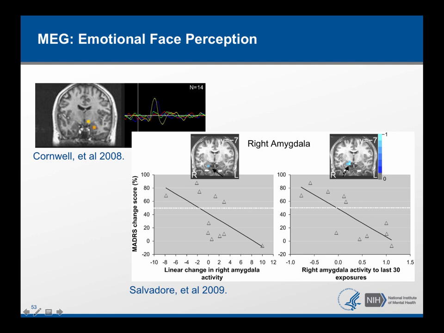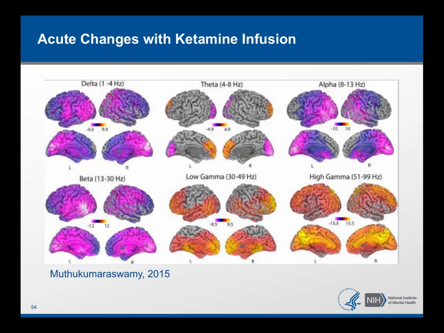So that's one of the strengths of MEG: we can actually look at electrophysiological activity, but combine it with looking at structures such as the amygdala and subgenual cingulate that we know to be involved in depression. There have also been some nice studies looking at acute changes in brain function with ketamine infusion. In this study, the infusions were actually done in the MEG scanner, and so this is during the infusion. There are robust and widespread alterations in